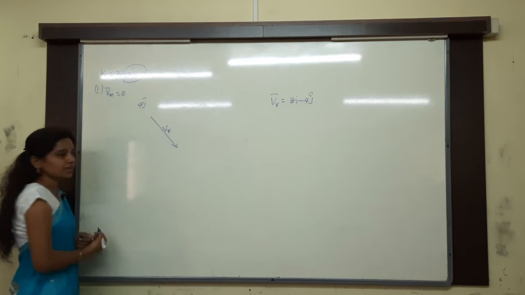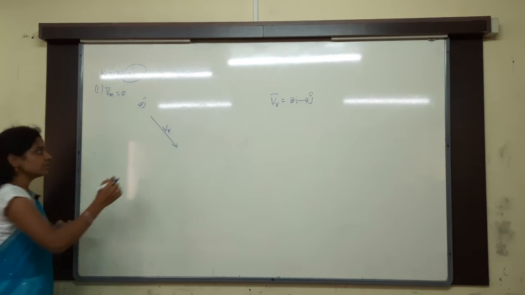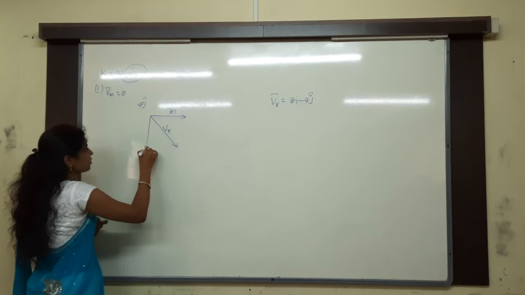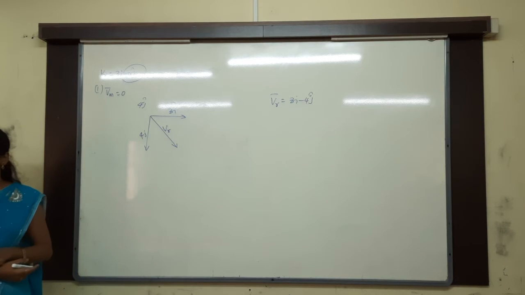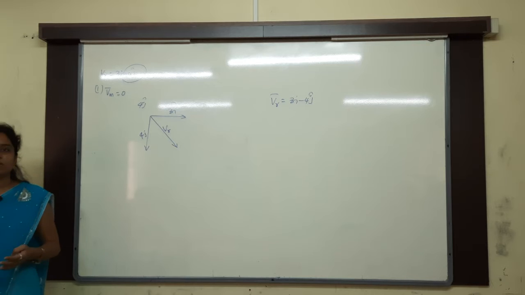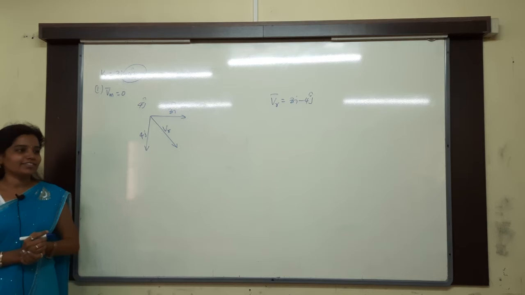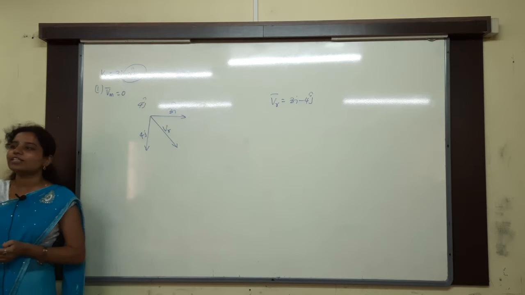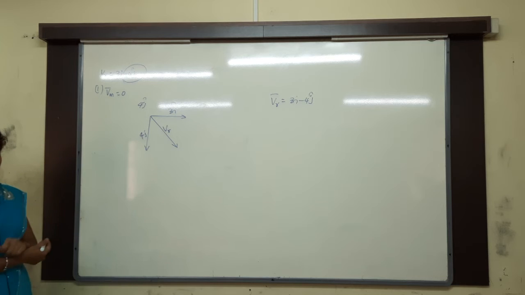This is the velocity of the rain. How much they said? 3i cap minus 4j cap. Take that in two components. Always you have to take in two components. So 3i cap means along the x-axis how much? 3i cap. Along the y-axis how much? 4j cap. So it is downwards. So only they have given minus 4j. Okay? If they have given plus 4j, nothing but rain is going from earth to sky. That does not happen, no, Uday? You have taken that only, I think. So rain is falling downwards, nothing but it is falling along the negative y-axis. So negative y-axis, minus 4j, means you have to take it as downward direction.